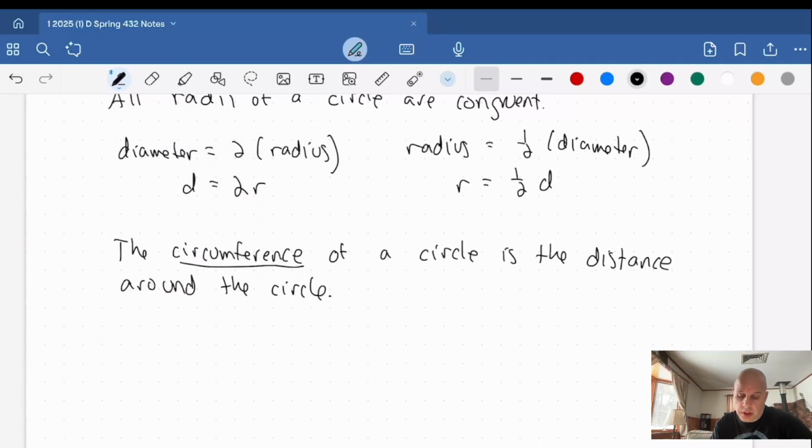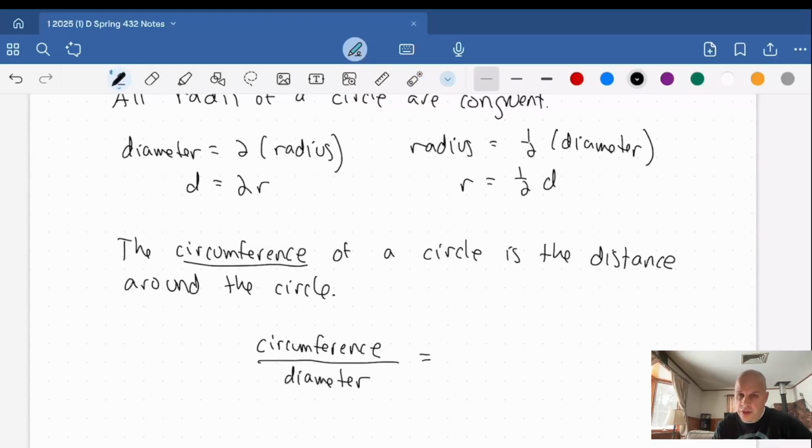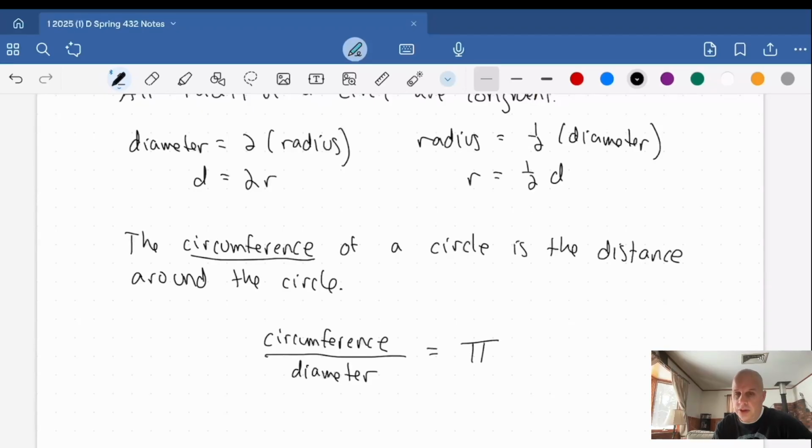Now, if we take any circle and we find its circumference, and we divide that circumference by the diameter. So I'm finding the ratio of the circumference of the circle to the diameter of the circle. For any circle, what's always going to be true is that ratio is always going to be equal to what